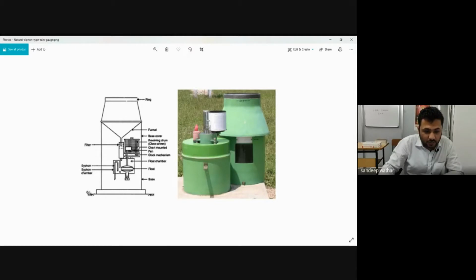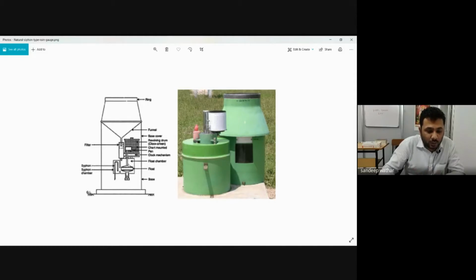Then what happens as the float rises? This is the chart we have. In this chart, all the data will get recorded. As the float rises, it simply indicates the amount of rainfall that is taking place, right? It is also synchronized with the time, and it is noting down the time and the height of increase of the float. Both it is recording. So that's how it records the data: the increase in the height of the float represents the rainfall, and the duration of rise of this float represents the duration of rainfall.